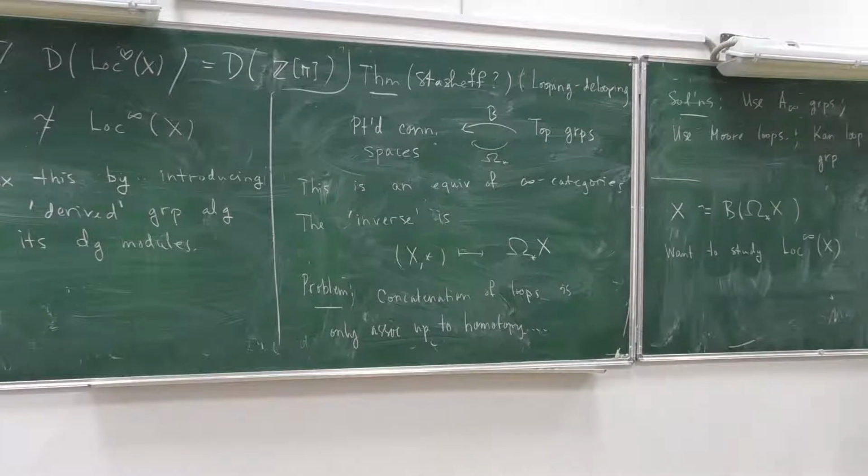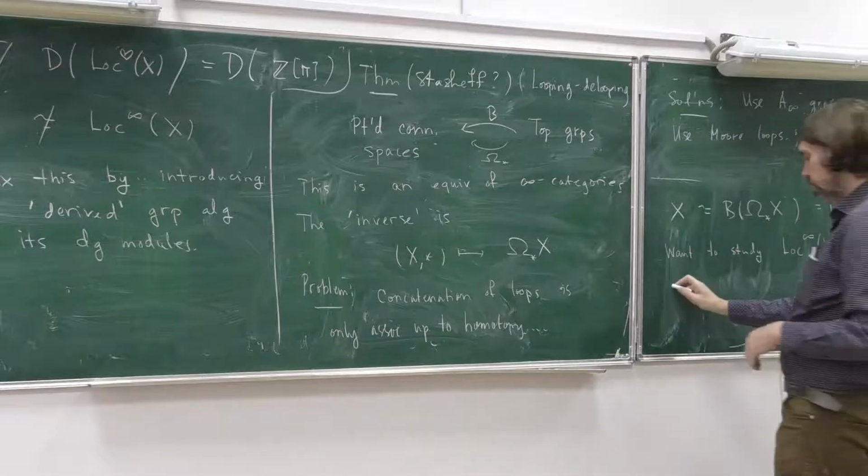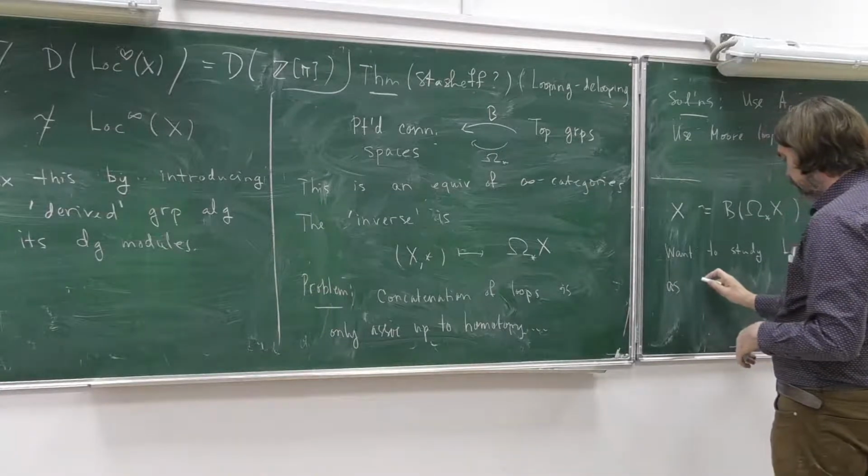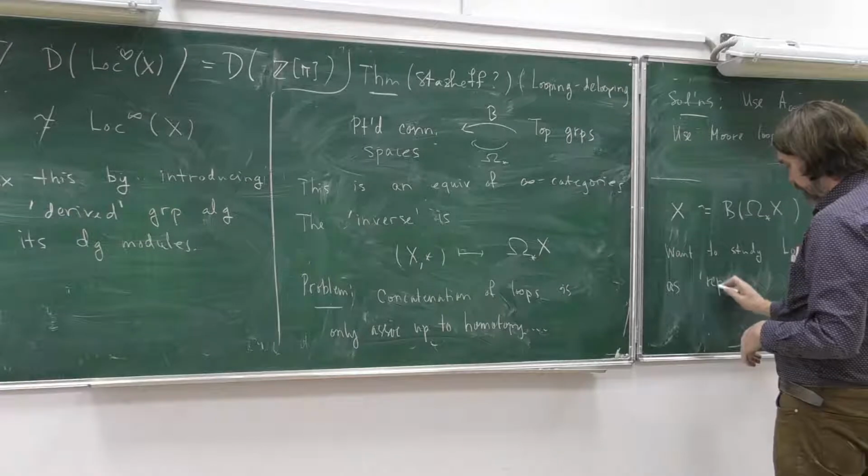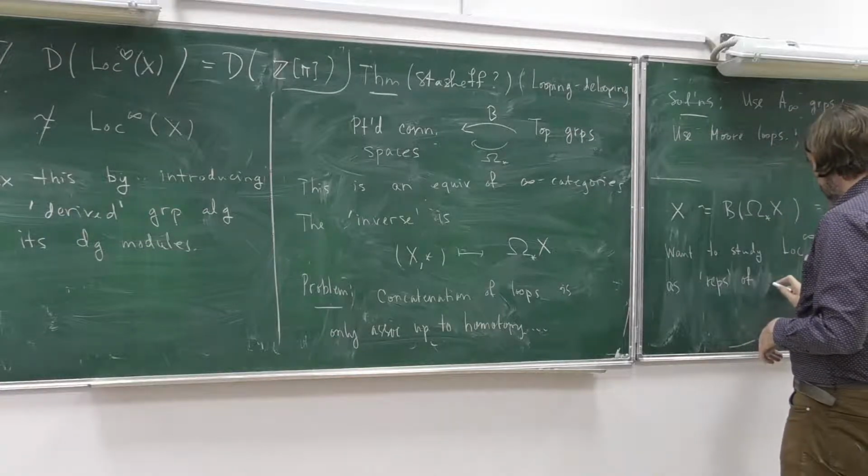And this should be suggestive, kind of, if you're familiar with stacks, this can also be thought of as a quotient of a point by this group. And then maybe you're familiar with computing some kind of sheaves on this in terms of representations of that group. So we'd like to study this as kind of representations of this base loop group.